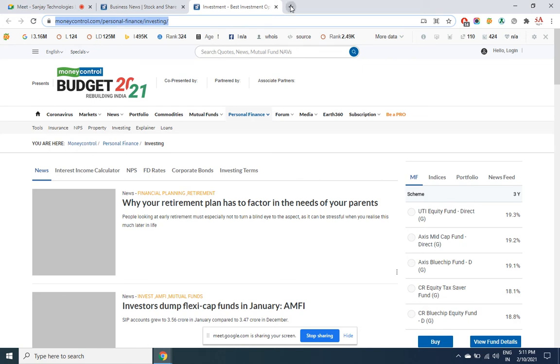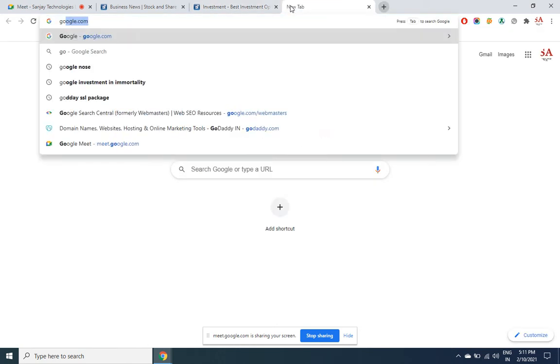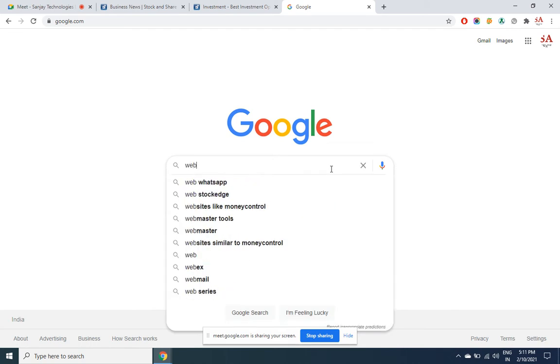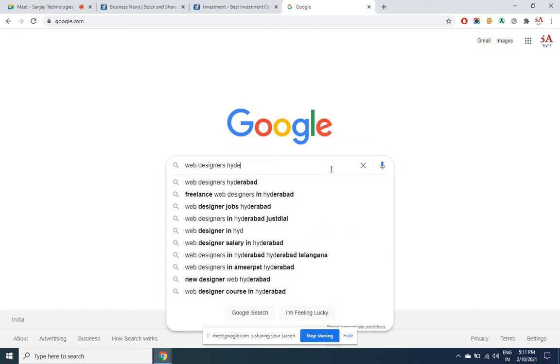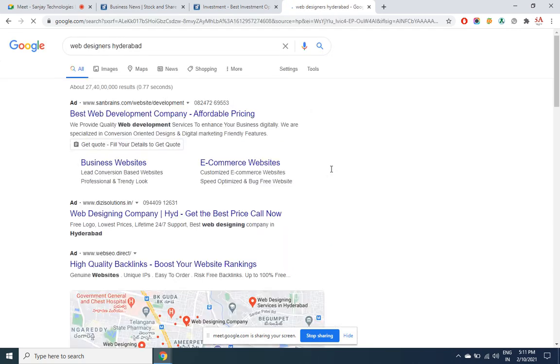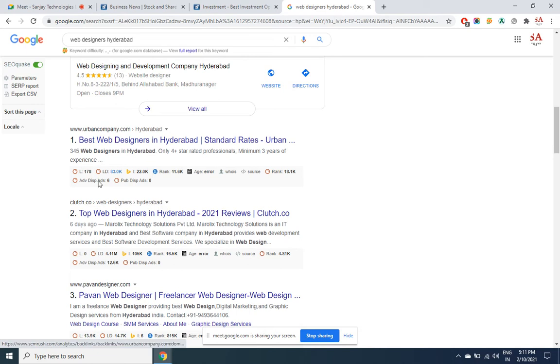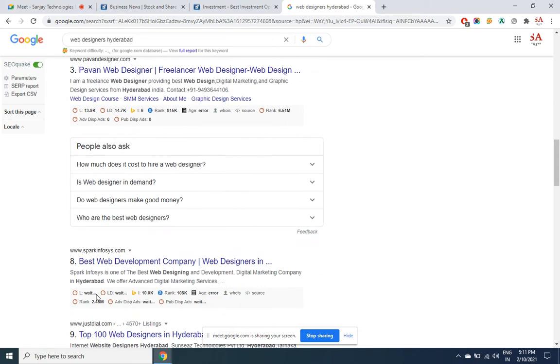Not only here, even when you search in Google, for example web designers Hyderabad, you can see at the bottom of each result, the details are showing up.